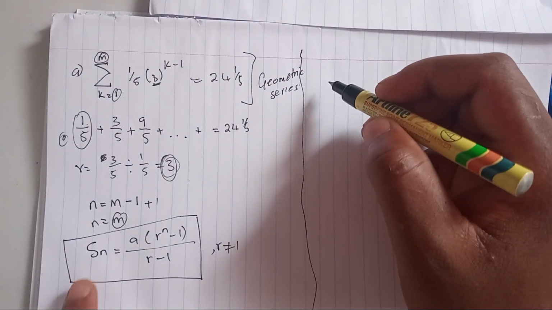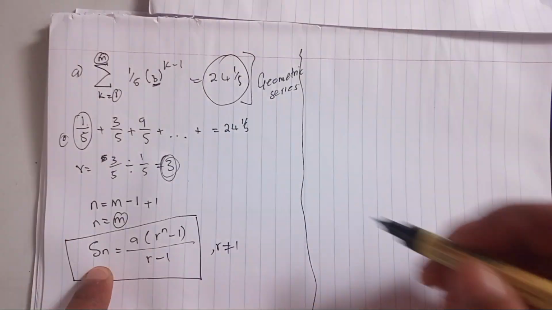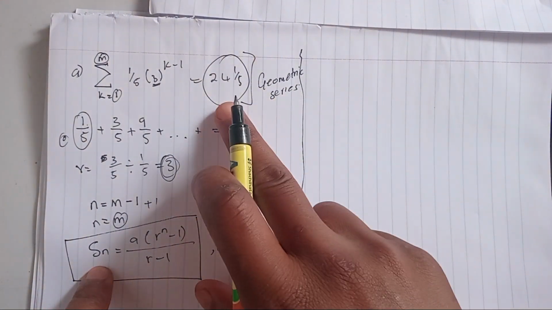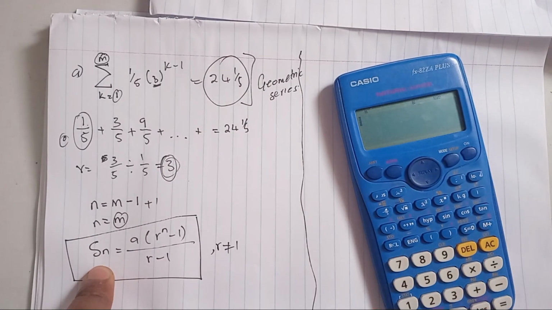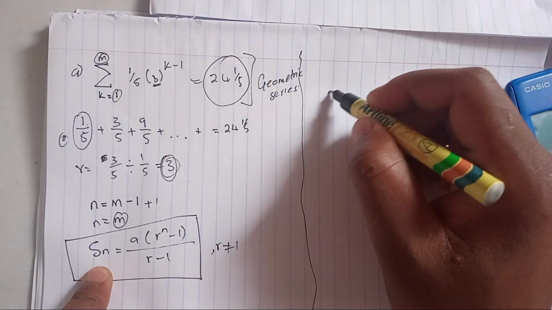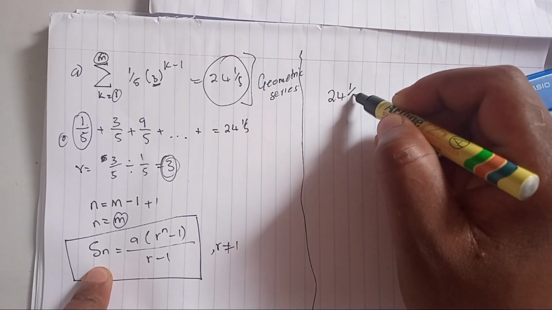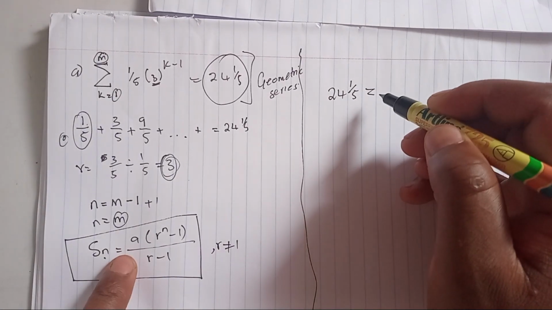So where we see Sn, the sum, we already have the sum in this case. Our sum is 24 1/5. So guys, how do we convert this into a single fraction? Let's substitute it first, so that we can substitute it as Sn is equivalent to